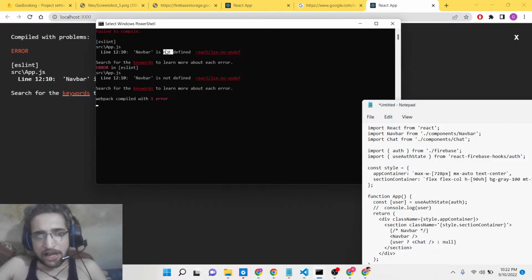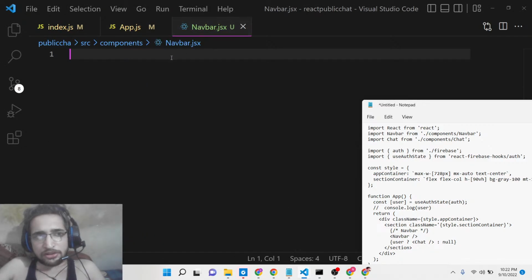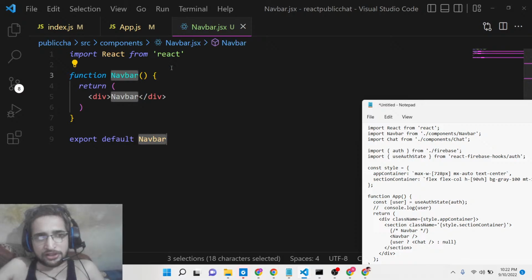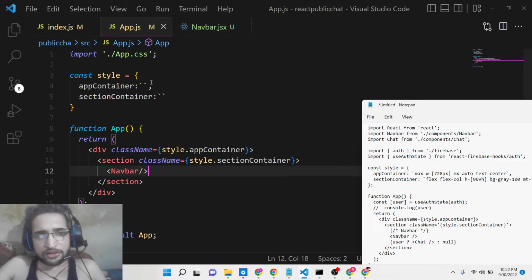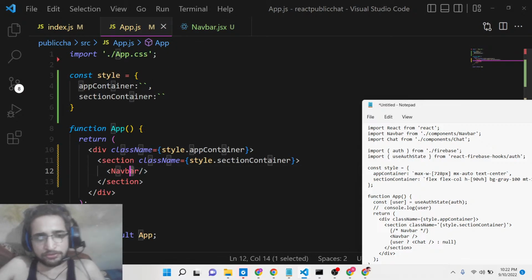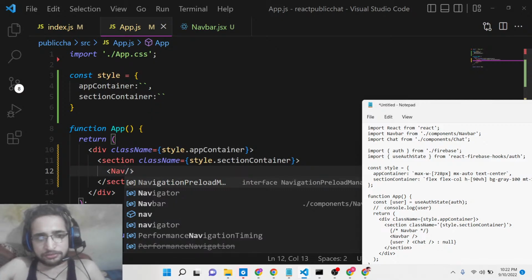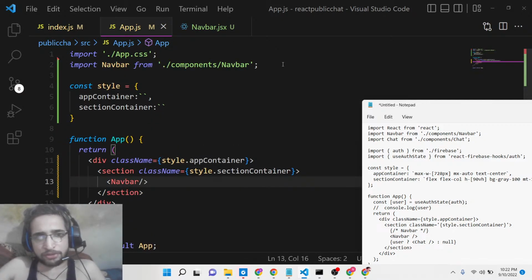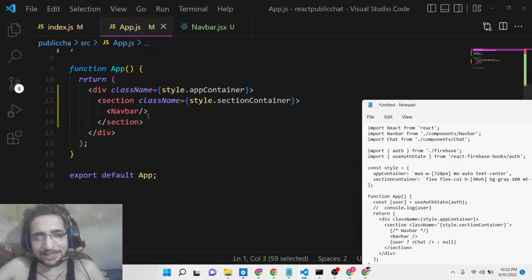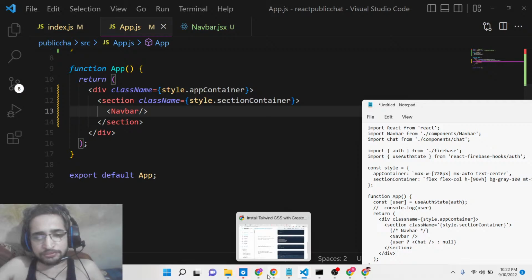So it is saying that navbar is not defined, so basically we need to define this component. So we will simply say RFC. This will be a functional component, so right here we need to include this. So we will simply say navbar. So this will be imported from this components folder. You will see that automatically by Visual Studio Code text editor. So here we will put the, if you now see,